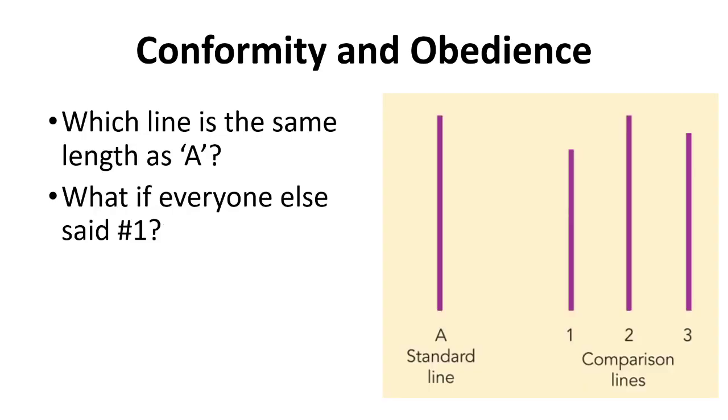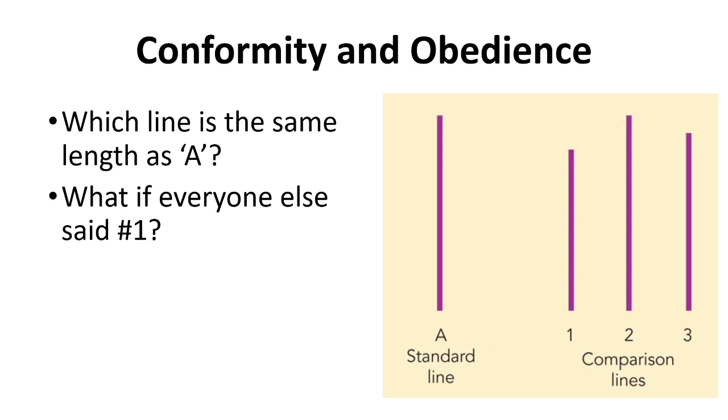One experiment that was set up to try and test some of the factors that might affect conformity was set up by Asch in the 1950s, where they had students shown basically the graphic that you can see on the screen here, where you have the A standard line. This is your comparison point, and they would show you 3 comparison lines, 1, 2, and 3, and they would ask you which line is the same length as line A. Just from looking at it, you would very quickly say 2, because it's clearly the same length.